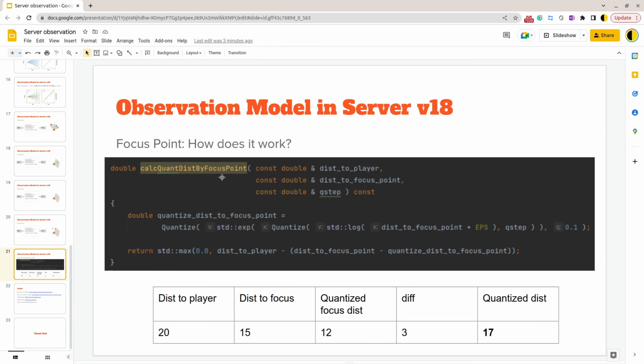And in this slide I would like to talk about a new function that we added into the server, and it's called calQuantDistByFocusPoint. This function, instead of receiving this to player and Q step, will receive this to player, this to focus point, and Q step. To calculate the noisy distance, in the first step,